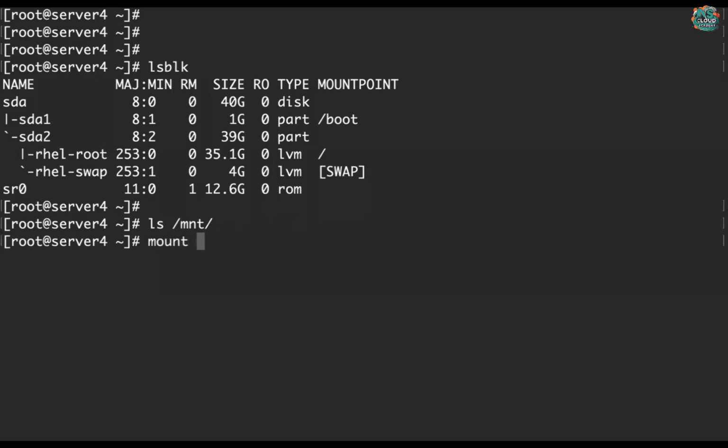Mount means we have attached our DVD, but still we are not able to use our DVD because it is not opened on the system yet, right? Because we are working on the command line. If you have a graphical mode, then that DVD will be mounted automatically. Okay. So /dev